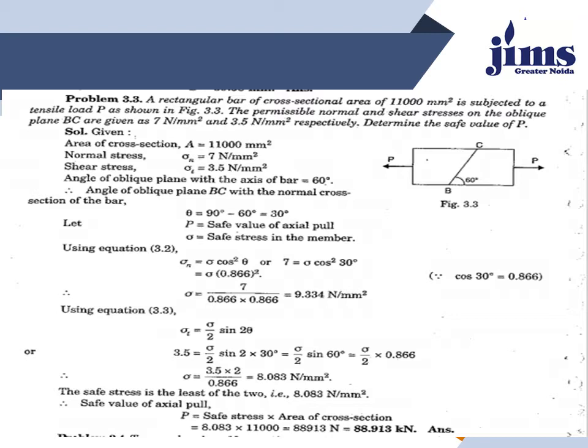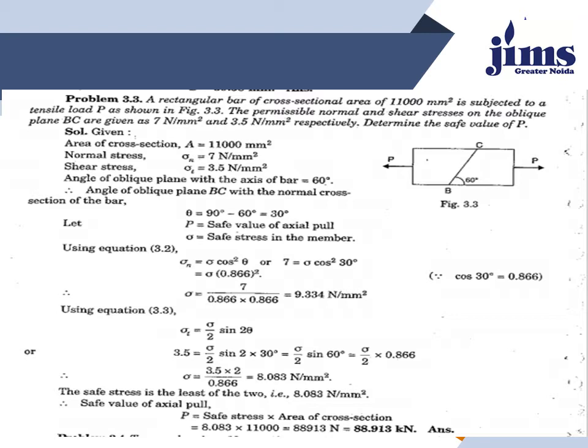Therefore, the angle of oblique plane BC with respect to the normal cross section of the bar, theta, is equal to 90 minus 60, which is 30 degrees. Let P be the safe value of the axial pull, and sigma the safe stress in the member. We know that the normal stress on an oblique plane, sigma n, is equal to sigma cos square theta. Putting in the values, 7 is equal to sigma cos square 30, and sigma is equal to 9.334